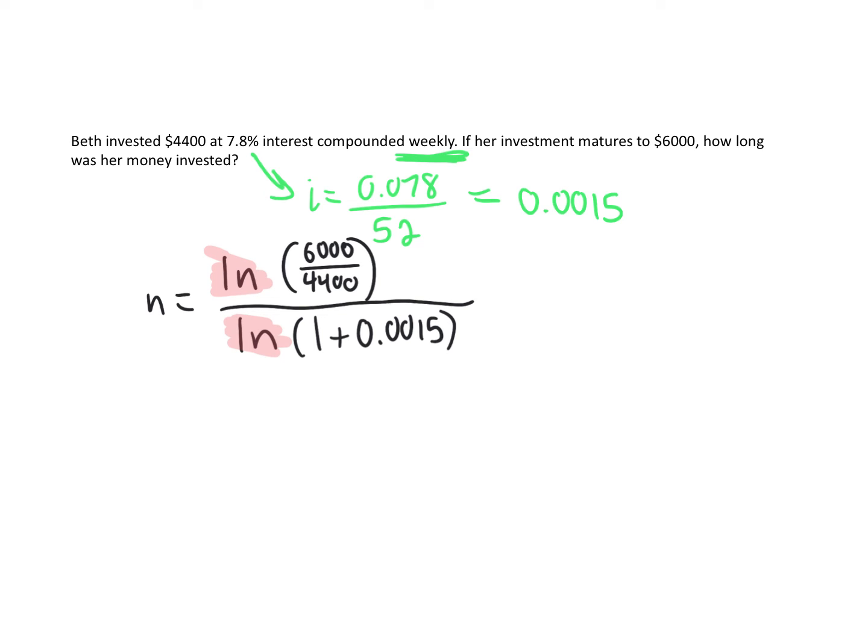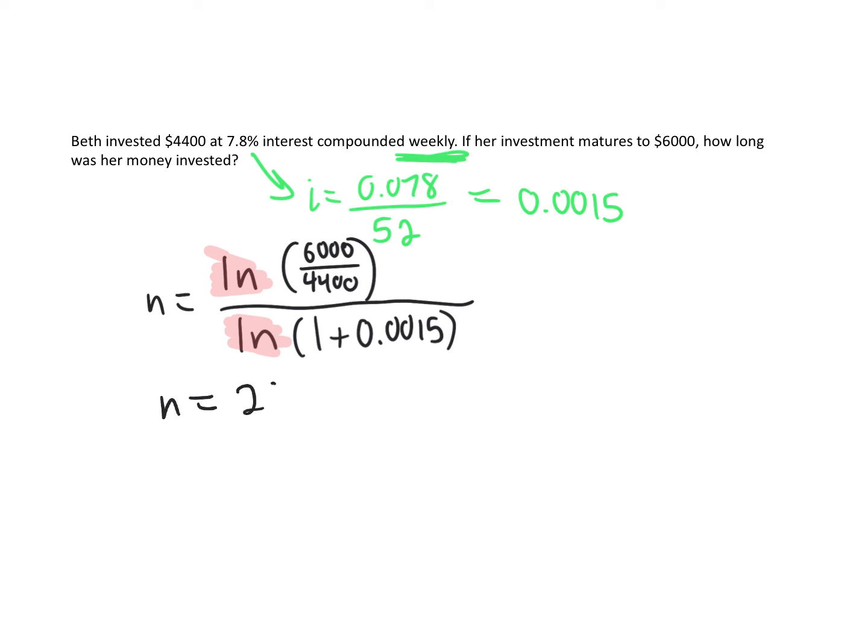In D2L, I did post a lesson on logarithms and natural log and what they are, how to convert to them. But in reality, for this course, all you need to know is how to calculate. So make sure you can use your calculator. There's a ln button on your calculator. All right, so from here, put it into your calculator. Make sure you use the proper buttons. Make sure you use the right view features, or do it in multiple steps, and you will get an n of